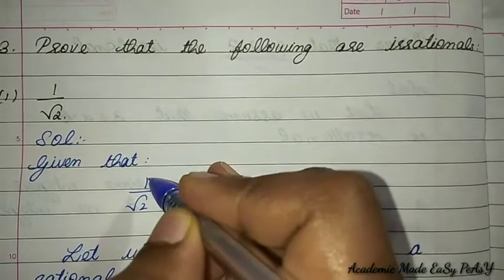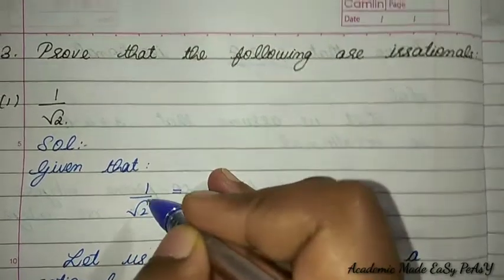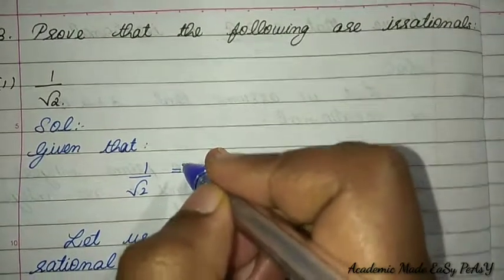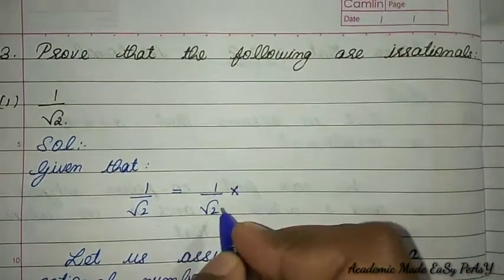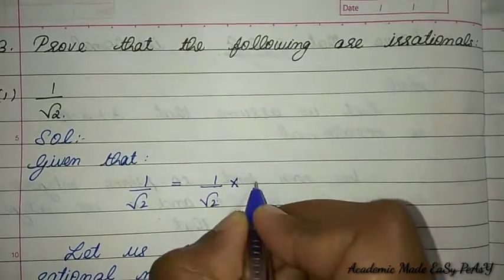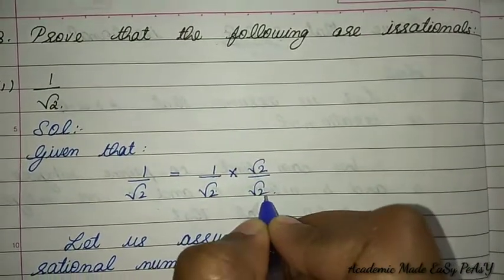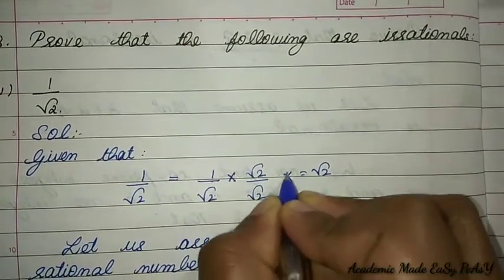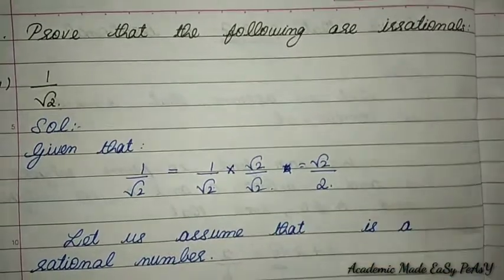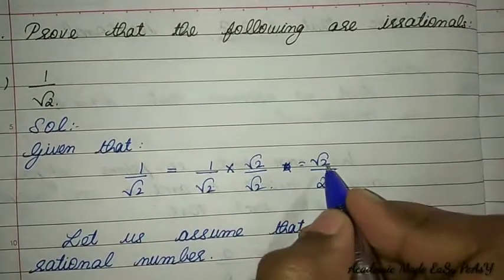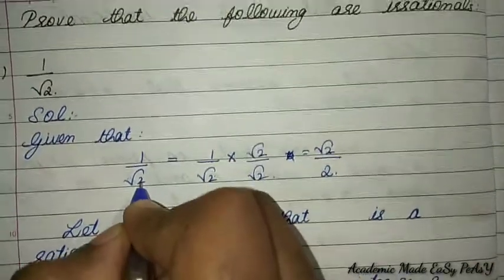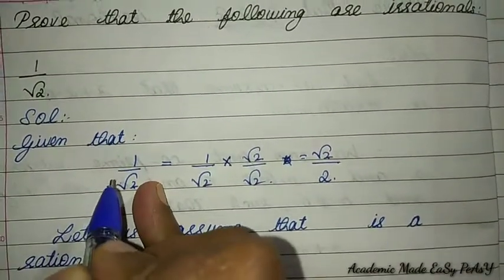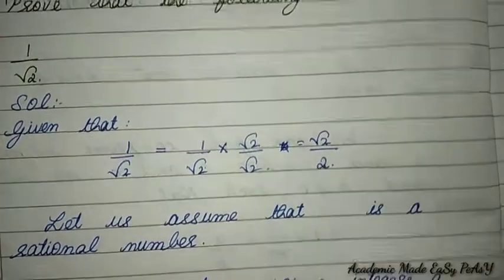In the question it is given as 1 by root 2. Okay, so you can do it as it is, or else you can follow the method I'm doing. So here I have 1 by root 2, isn't it? So I'm multiplying and dividing by root 2 by root 2. So I will get root 2 by 2. Even if I cancel all those, I will have 1 by root 2 only. Even if you want to do it with 1 by root 2, you can, but I'm simplifying it.